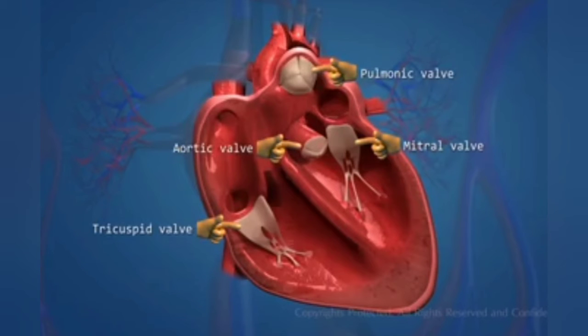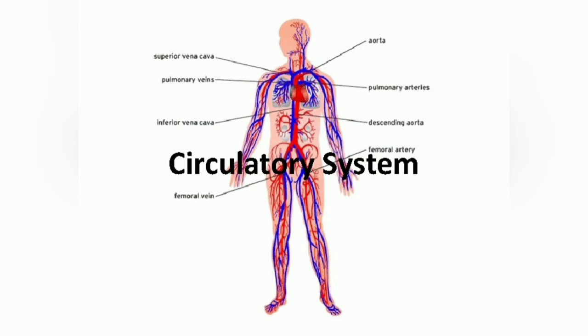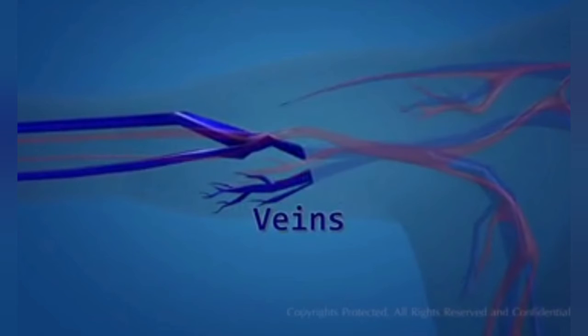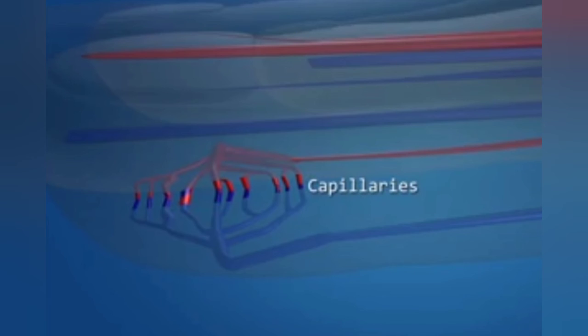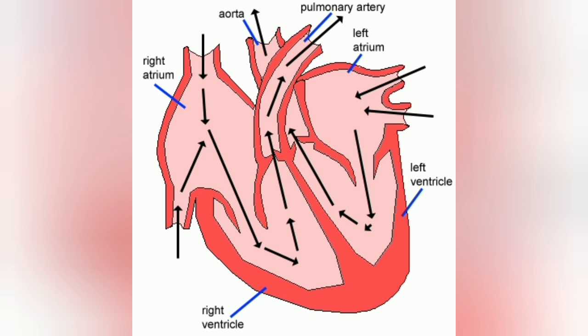How many valves are present in the heart? What is oxygenated blood and what is deoxygenated blood? How does gas exchange occur in the lungs? What is an artery, what is a vein, and how does deoxygenated blood become oxygenated and get transferred through all the parts of our body? This is the simple process you have to know, and I think in this video you can understand the whole